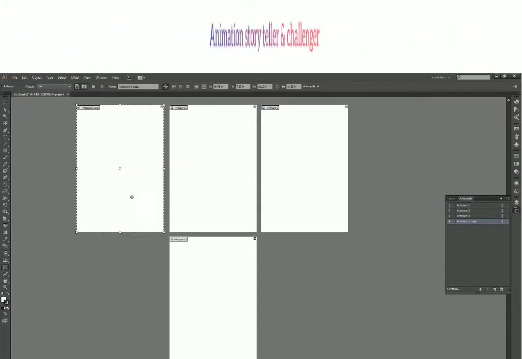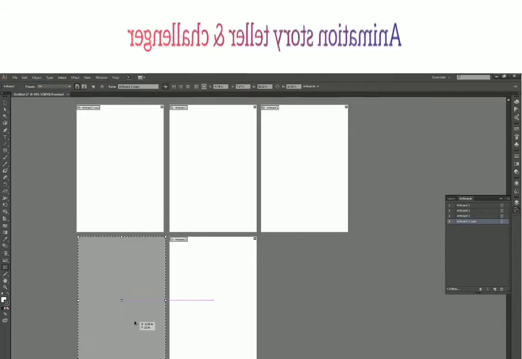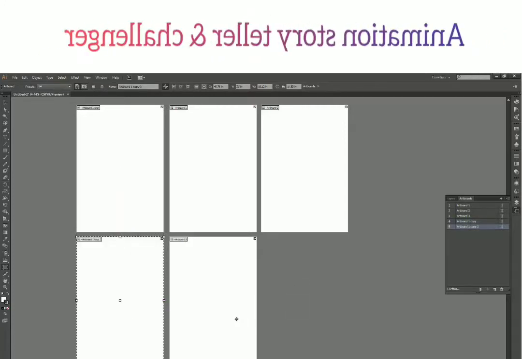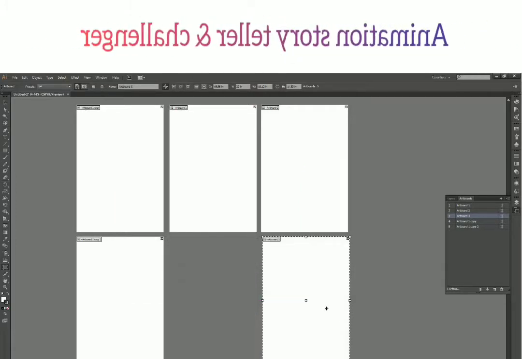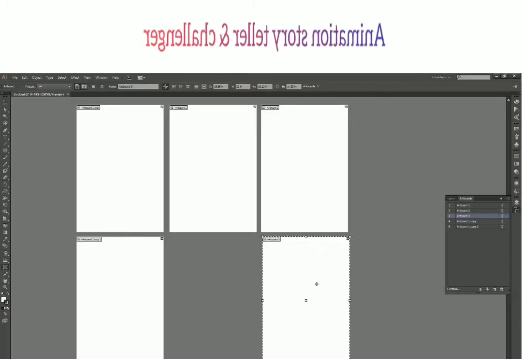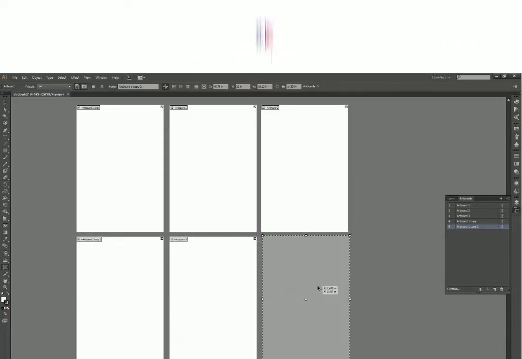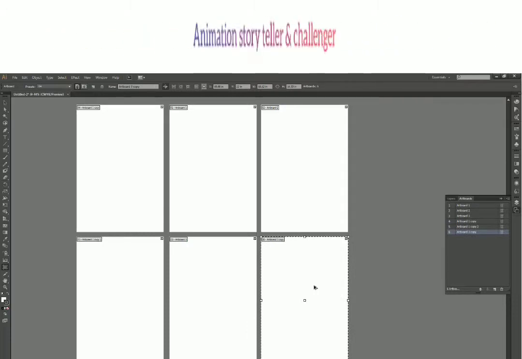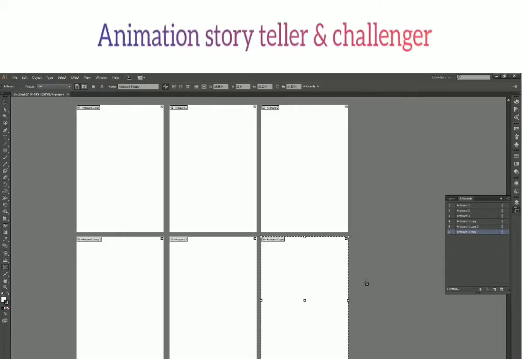I can do this again. Let us click over here and drag. Now, before releasing the mouse, just press Alt in between, then release the mouse and then release Alt. Don't release Alt before, otherwise it will not work. So let's say this time I released Alt before and then I released the mouse. It moved my artboard instead. So if you want to copy or duplicate your artboard, all you have to do is click and move the artboard, then press Alt, release the mouse first and then release the Alt key. So there I have 6 artboards now instead of 3. I just duplicated all of this.